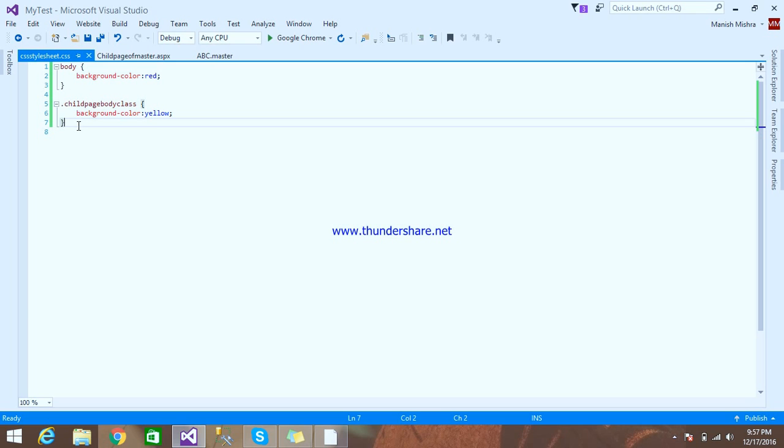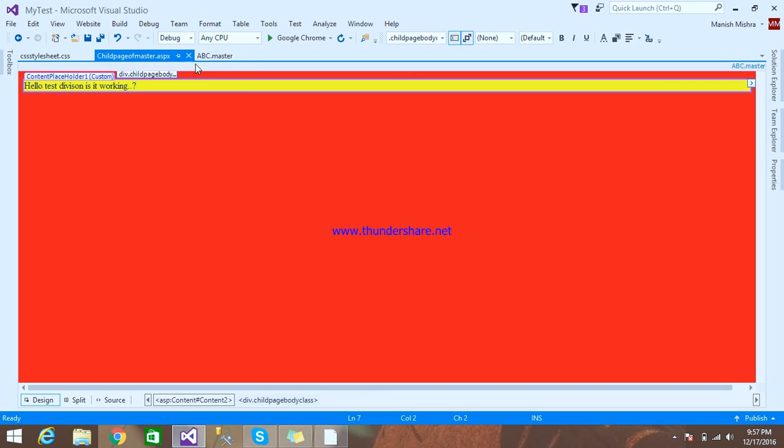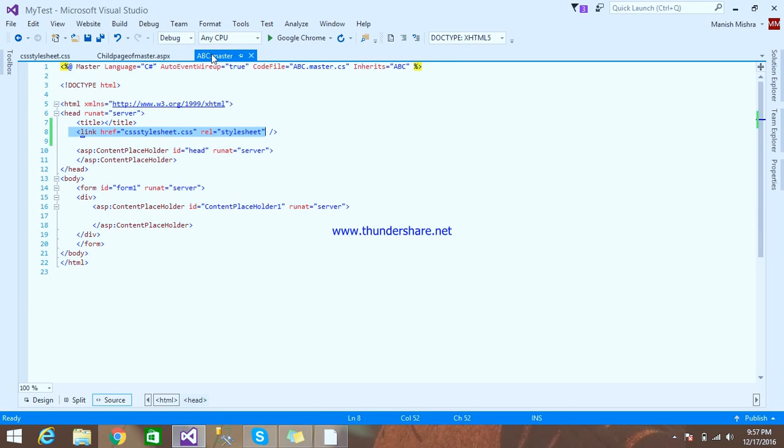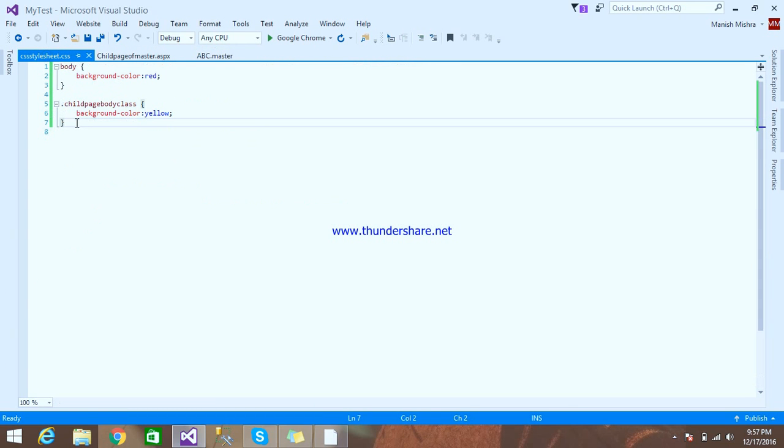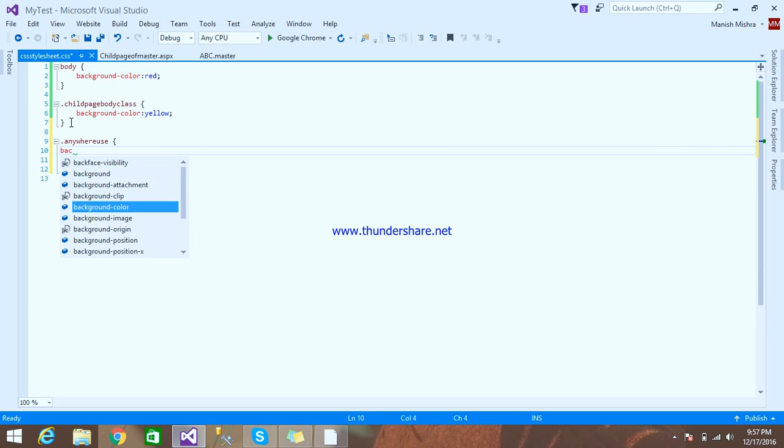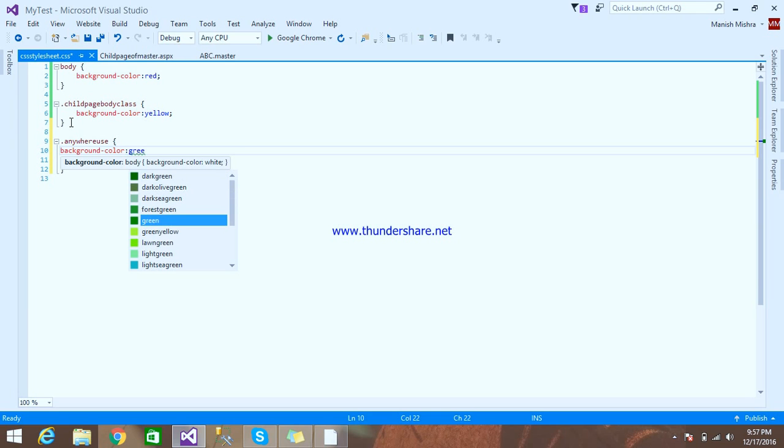Means this class can be used in the child page as well as in the master page. Let me create one more class to show you. Dot anywhere use class. Okay, let me put something here, background color will be green.